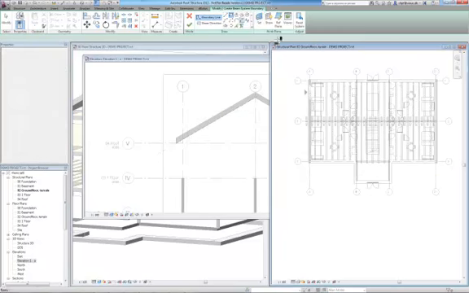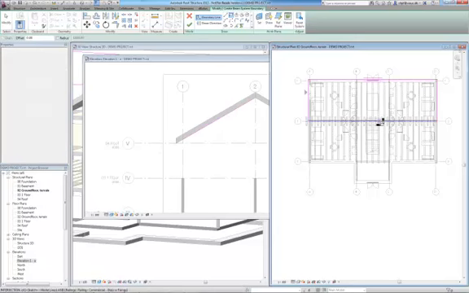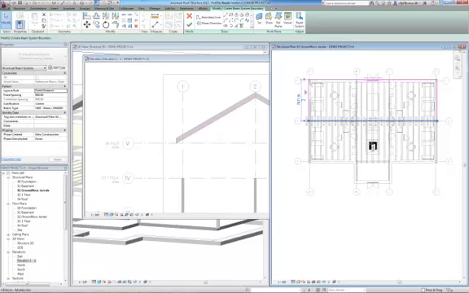And I can go ahead and in my floor plan create those boundary lines for my roof. I'll make it a little bit extravagant so we can really see it. Okay, I'm going to switch the direction of the beams,